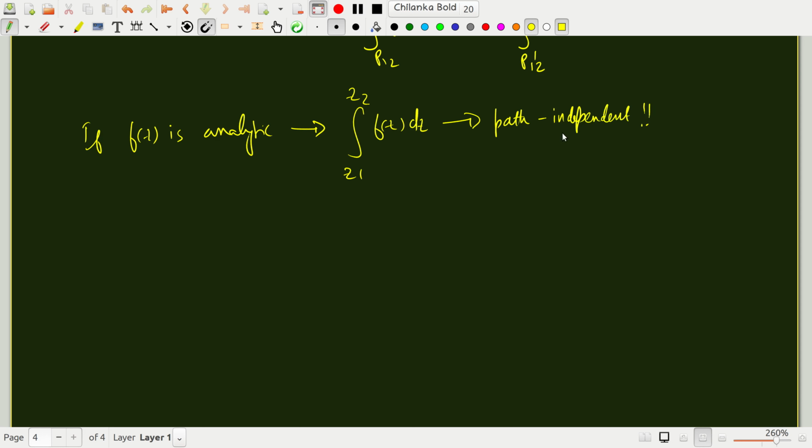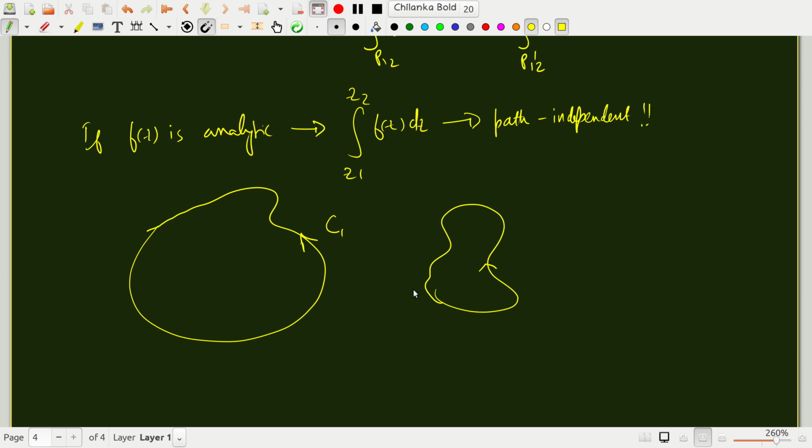This is again a very important result. Now one thing that I'll conclude this module with is, suppose I have a contour, let me just draw it properly. Suppose I don't have any singularity within this region, then I can change this contour. I can expand or contract this contour like a rubber band and then say that the value of the integral will still be the same. That is, if integral c1 f of z dz is 0, then integral c2 f of z dz is also 0,